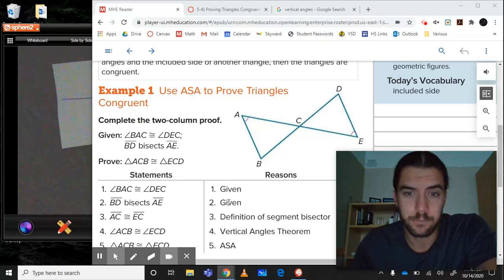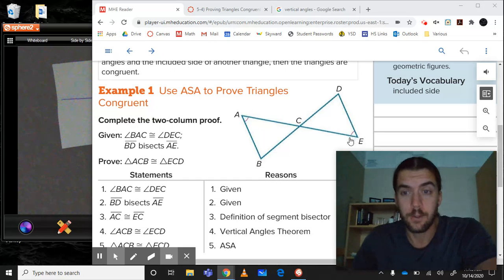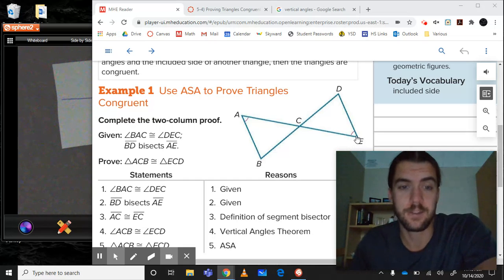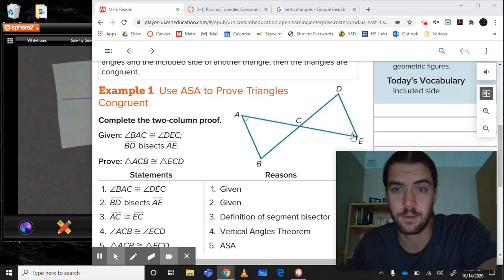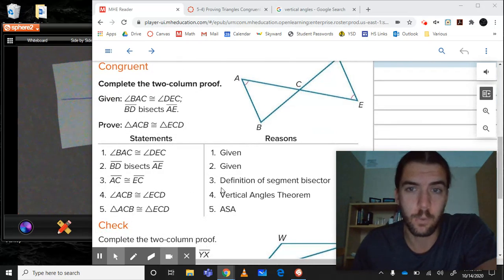That's been given. Now the definition of a bisector, like I said a moment ago, means to cut something in half, which means that these two pieces, AC and CE, must be the same because they were just the two halves that were bisected. And the last thing we're going to say is that we know